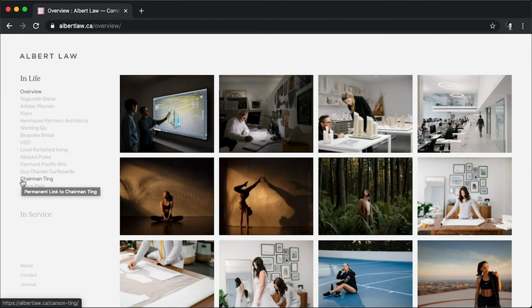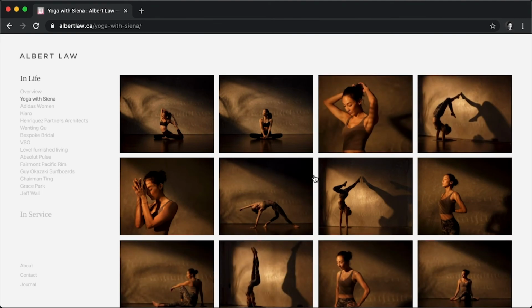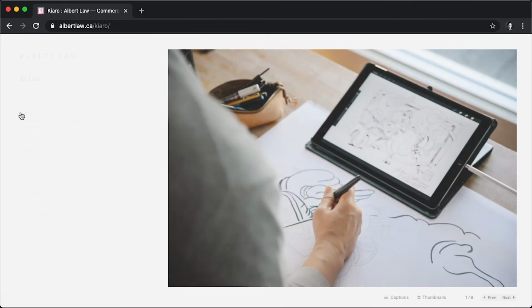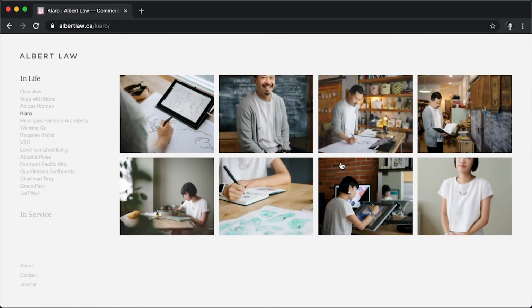So for this part of your website, I would recommend, as you do in service, that you direct clients specifically to projects that would be relevant to them. For example, if I were Apple or Tesla, I would either want to see brand narrative lifestyle work, where you're telling a story about a brand, or maybe corporate lifestyle work if they wanted to do a campaign about this new product that they're releasing, and document that process from beginning to end of the employees concepting and creating